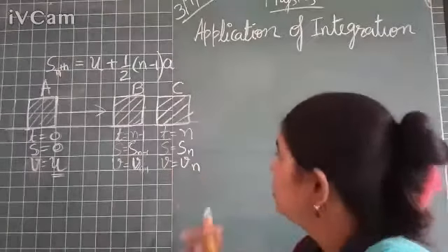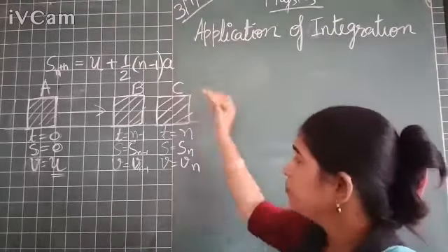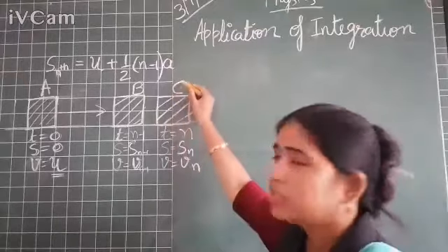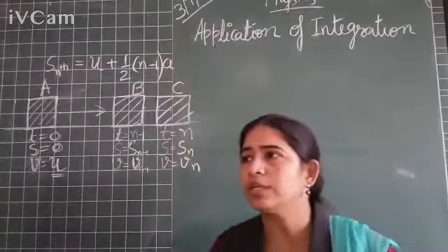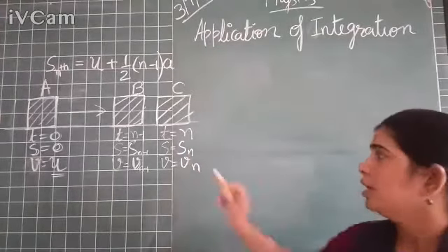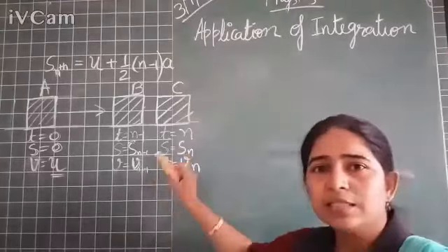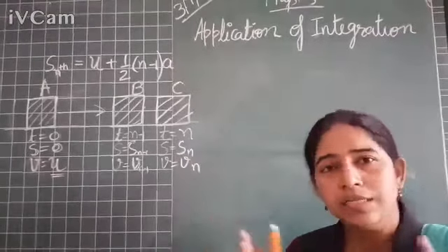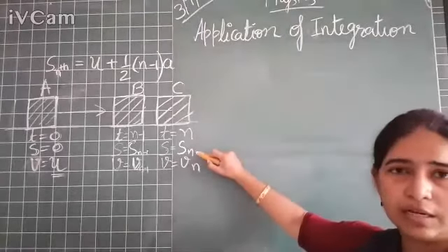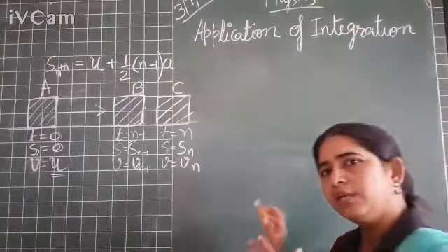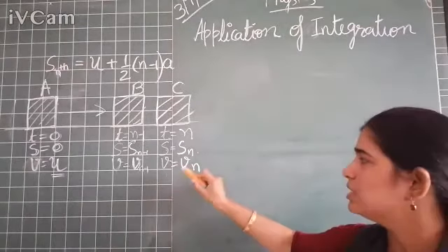Now let's see for the final time, that is n. So the position of the object is at C, right? And the time is n. So n is the total time that is given to you. The displacement is Sn. So this is the displacement of the object in the nth second, in the 20th second. 20th second में कितना displacement हुआ, right? And the velocity is Vn, right?